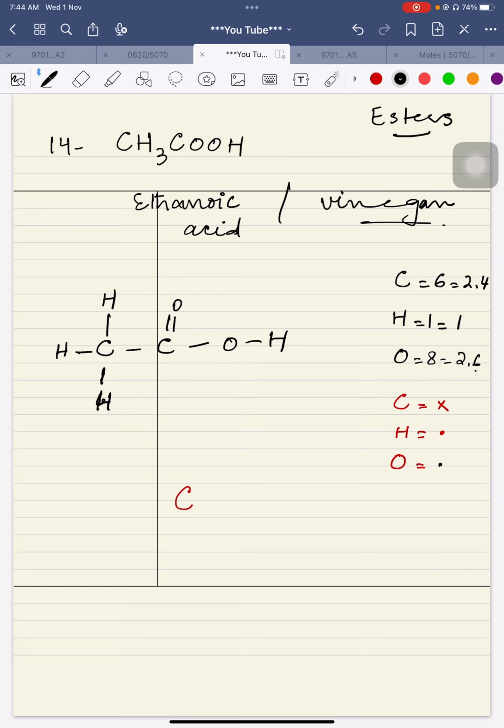Okay, now let's see what we are going to do. Yes, we are going to take another color. This is the yellow color which we are going to take. So this is the first carbon, and this is oxygen, and these are hydrogens. I am writing all of them separately. You can see this is how they are going to be.